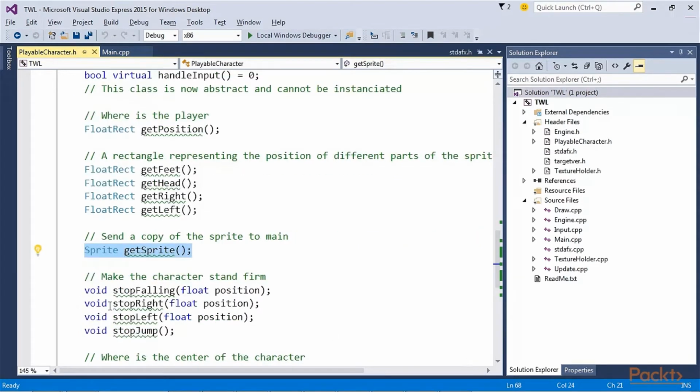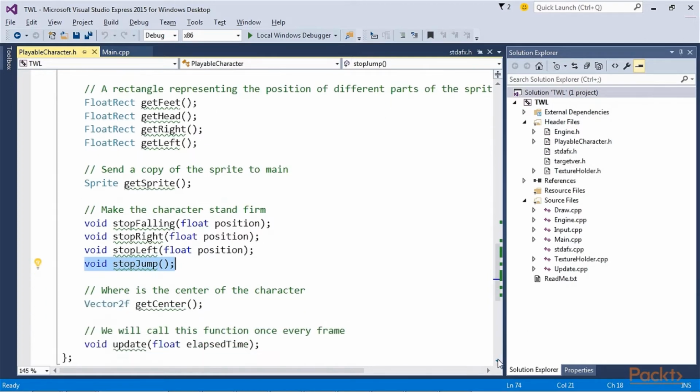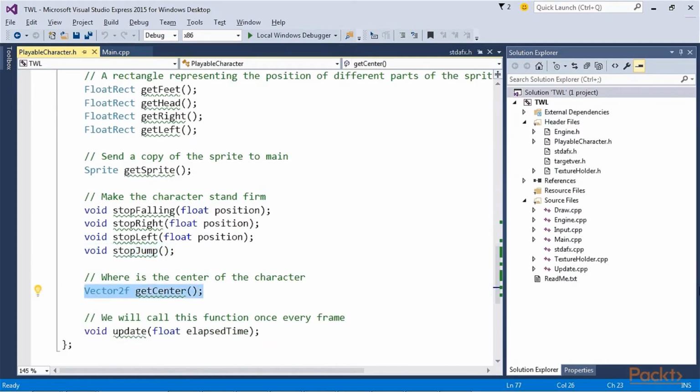The stopFalling, stopRight, and stopLeft functions receive a single float value, which the function will use to reposition the character and stop it walking or jumping through a solid tile. The stopJump function will stop the character from jumping through a solid tile. The getCenter function returns a Vector2f to the calling code to let it know exactly where the center of the character is. This value is, of course, held in m_Position.